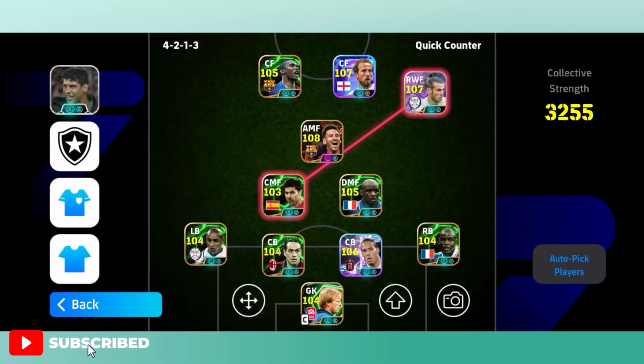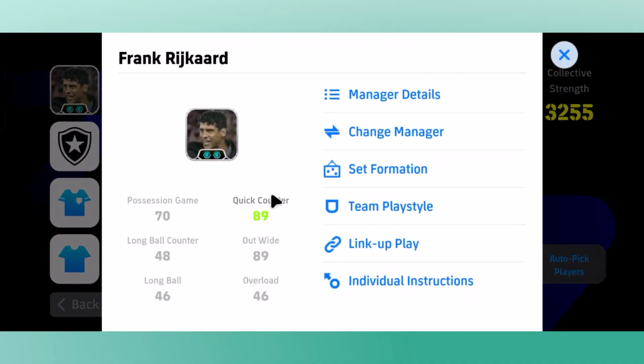From Game Plan, currently you can see my playstyle is set to Quick Counter because the manager I'm using is good at Quick Counter and has a good rating for Quick Counter. So if I tap on my manager from the top left, you can see he has a rating of 89 on Quick Counter and Out Wide also 89. But you can see Possession Game he lacks, Long Ball Counter he lacks, Long Ball and Overload also, which is